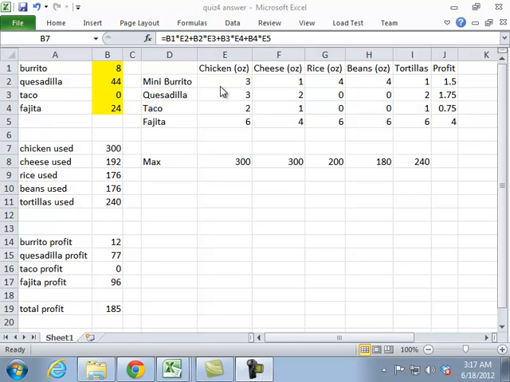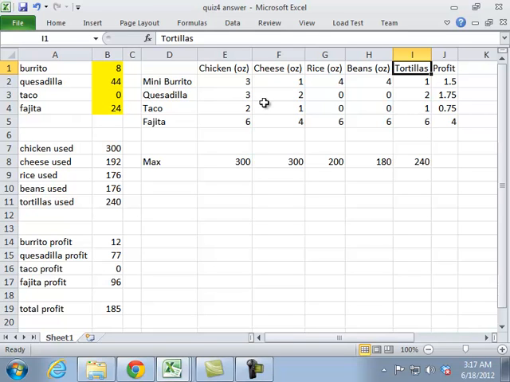So this particular business makes 4 entrees. It makes burritos, quesadillas, tacos, and fajitas. And it makes them all from the same 5 ingredients in different portions and cooked slightly differently. Chicken, cheese, rice, beans, and tortillas. Now,